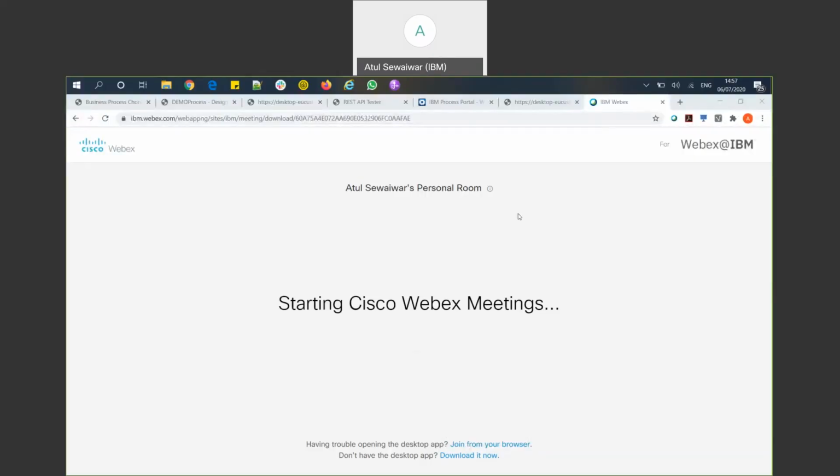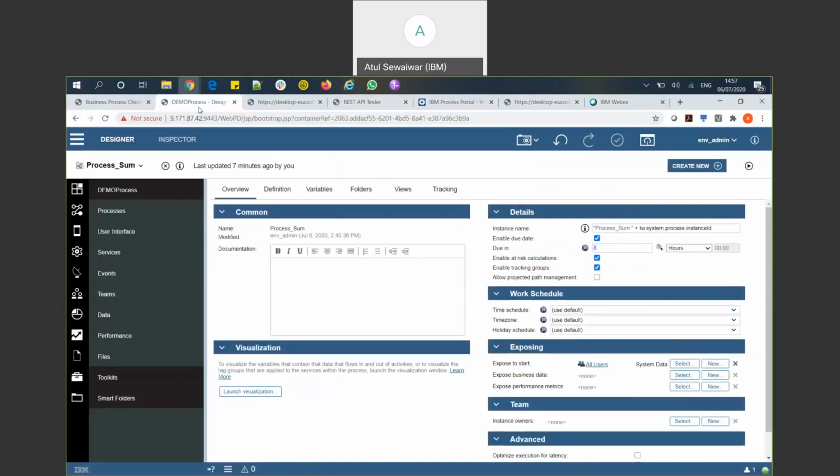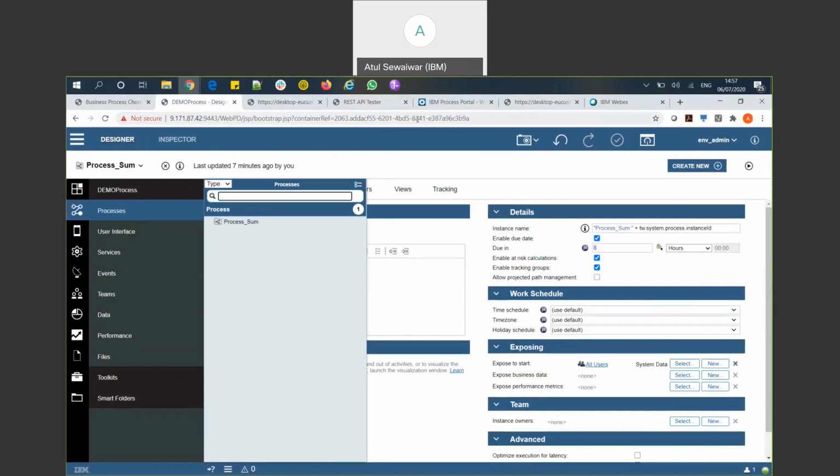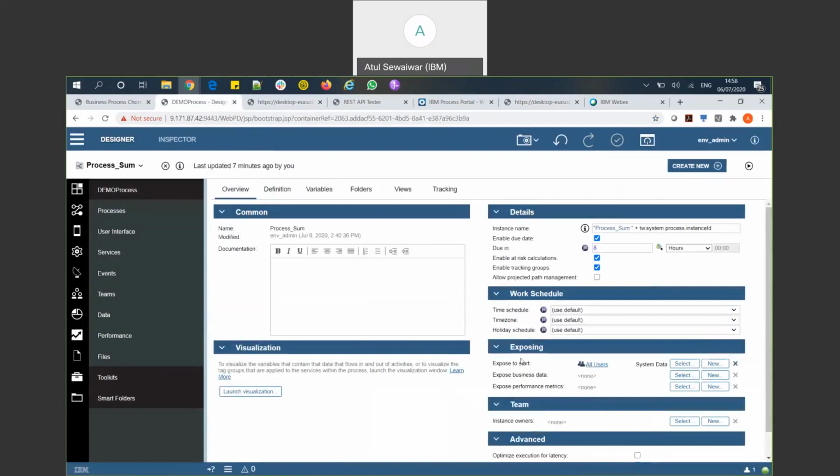Good evening, everyone. So I think people today might have a question: why can't they see the processes they are creating in the process portal, from where you can actually open any process you want? In order to achieve that, what you need is to go to the process, and in the process overview section